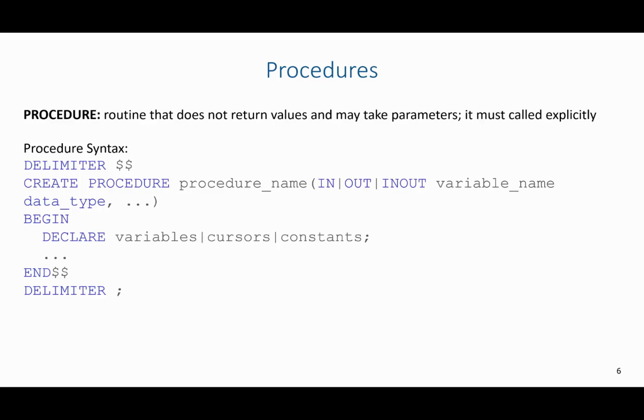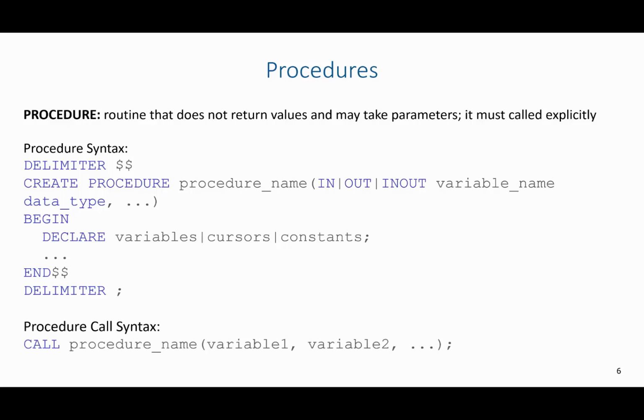Then we're going to specify the data type of this variable. So for example, the data type may be integer, and then I can have a comma separated list of as many parameters as I need. And then we're going to begin the code and declare our variables, cursors, or constants. To call a procedure, we specifically use the word call. So we're going to say call and then the name of the procedure, and then any variables we're going to pass in. So these variables are going to match up to the parameters that we previously defined